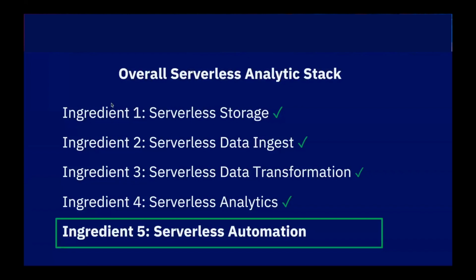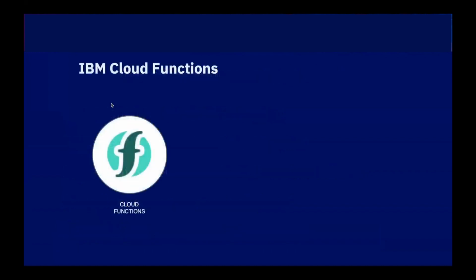Now, when you've done all that, you have done a lot of data preparation to optimize the data to a certain layout. Now you have created your analytic queries, all good. How do you automate all that? How do you automate all of these processings and pipelines and even analytic queries that might produce a report, or results for a report? How do you automate all of this? The key for that is Cloud Functions.